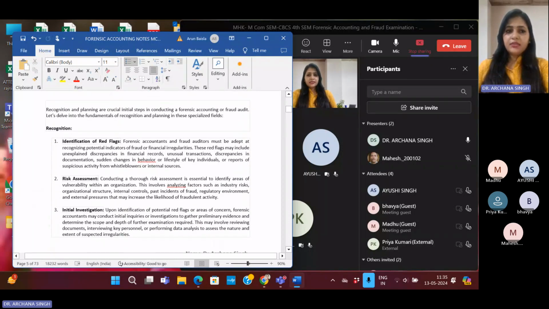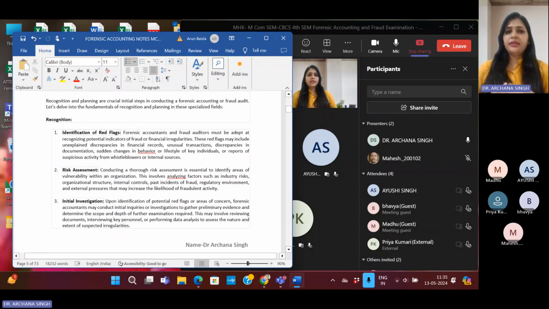So let's delve into the fundamentals of recognition and planning in specialized fields. First, when we are saying what we have to recognize while doing a forensic audit, it includes these major factors, you can say, or these specialized fields. First is identification of the red flags. Identification of the red flags may include the discrepancies in the financial records or unusual things that the auditor has observed while